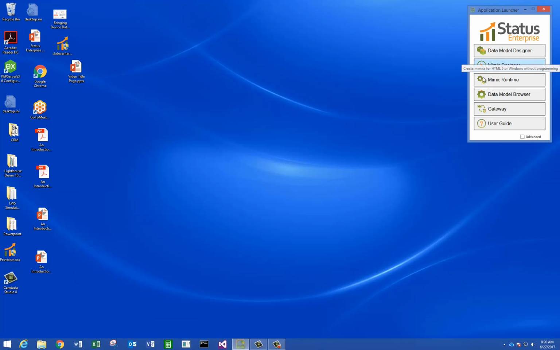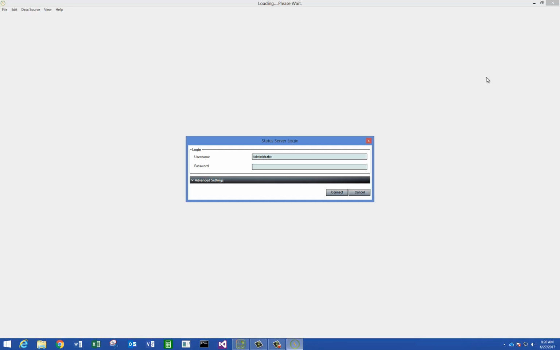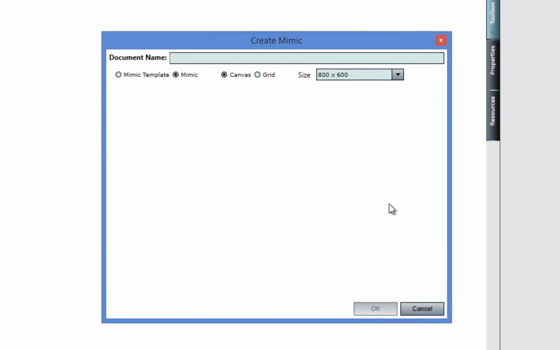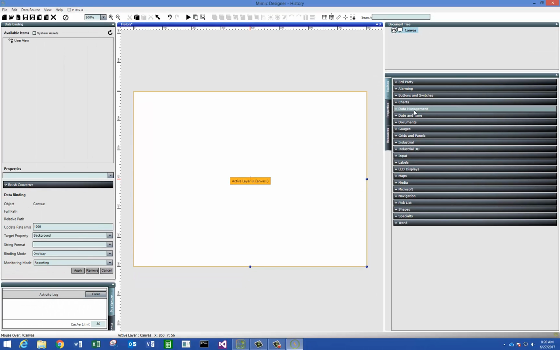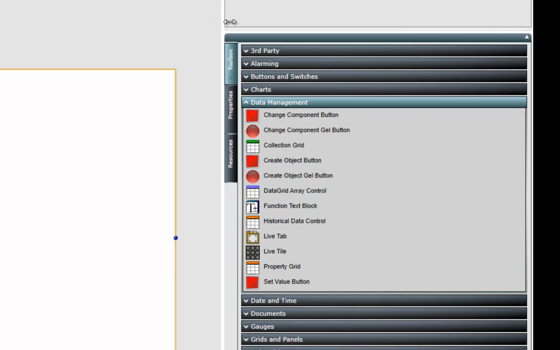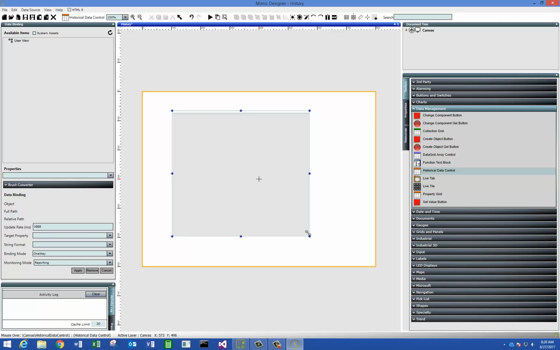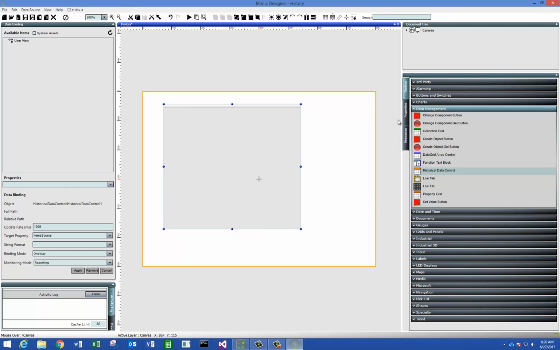So we're going to show you how we're going to do that today with the historical data grid control. So the first thing we're going to do is we're going to go to the Mimic Designer, and we're going to log in, and we're going to create a new mimic. We'll call it history, and in the toolbox under data management you're going to see the historical data control,